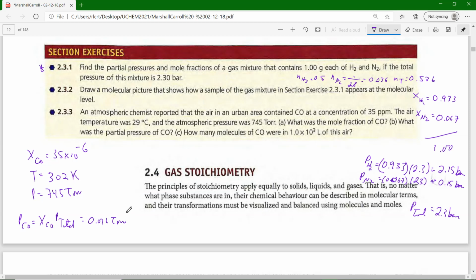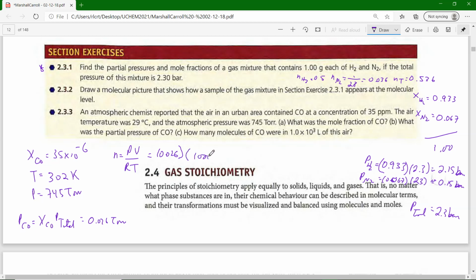How many molecules were in 1,000 liters of the air? Really? They want to ask you that? Well, let's see. 1,000 liters of this air, so that's the volume. So N is PV over RT. So the carbon monoxide partial pressure is 0.026. The volume